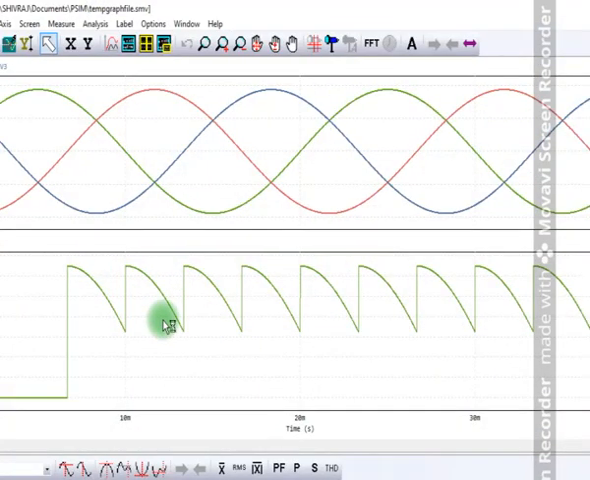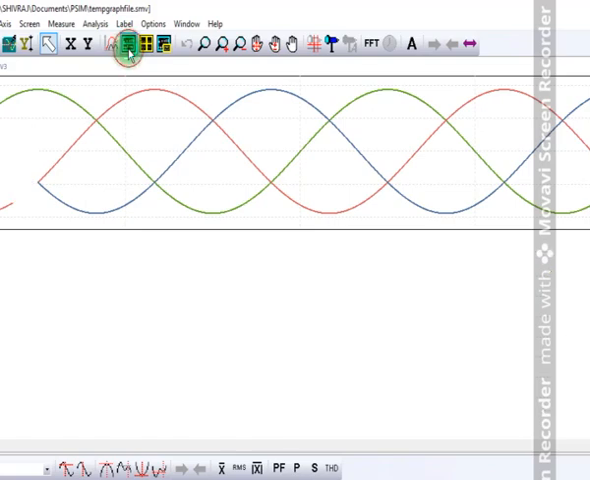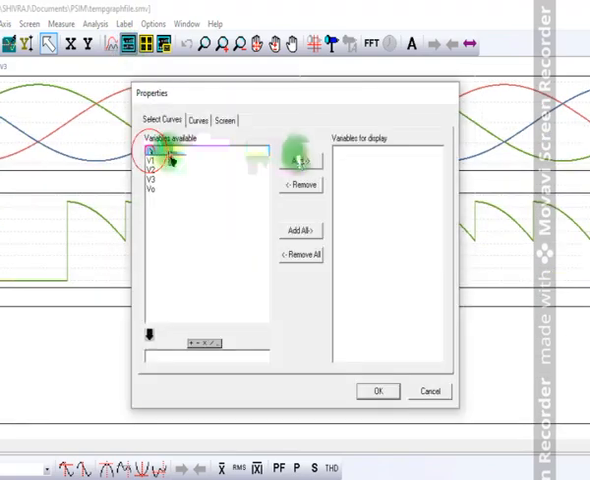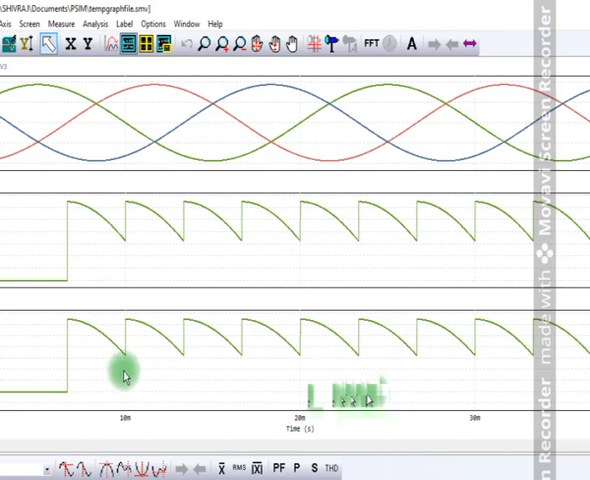There are three phases: this is V1, this V2 is red, and the blue is V3. Likewise three phases are there, and this is the output voltage which we get from the circuit. If you want to know the output current, just add it and you will get the output current as well. So this is all about the three-phase fully controlled converter using 120-degree conduction mode of operation,